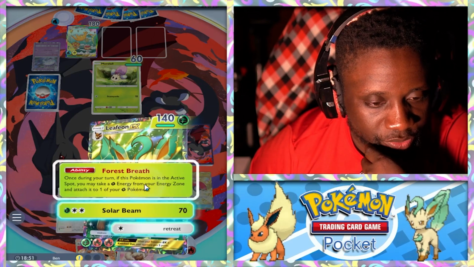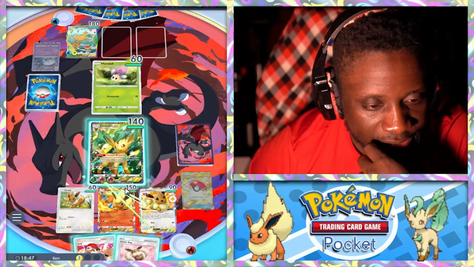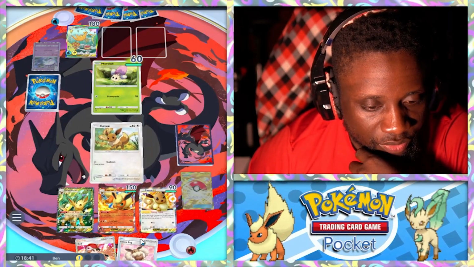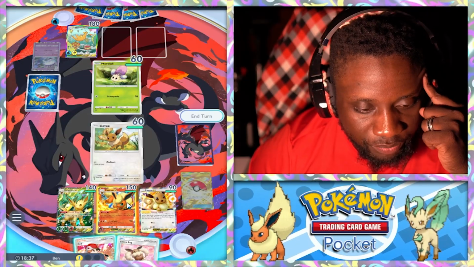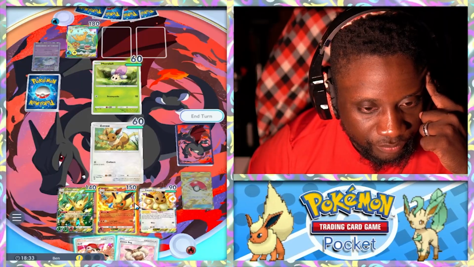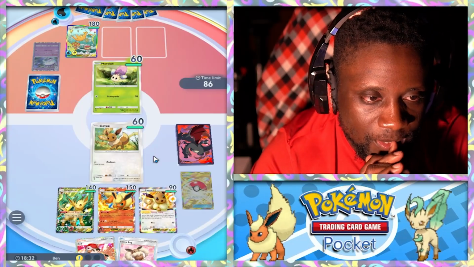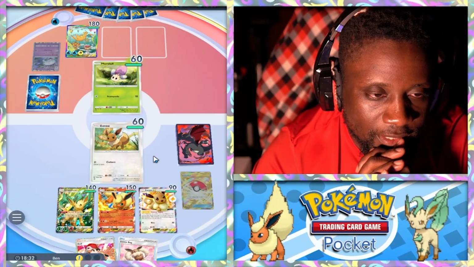I think we're going to Forest Breath, so we can attack when we need to. Retreat the fire energy. Go here. Oh, I was supposed to be able to draw a card. That's fine. End turn. Alright. Because the thing that happens...